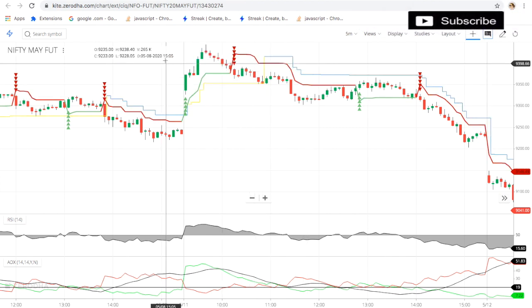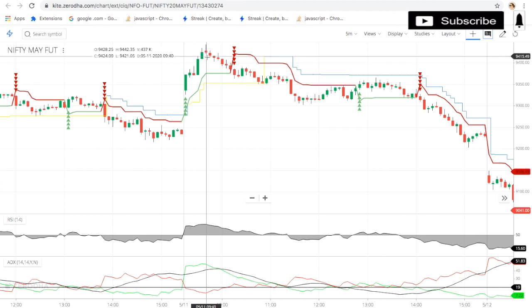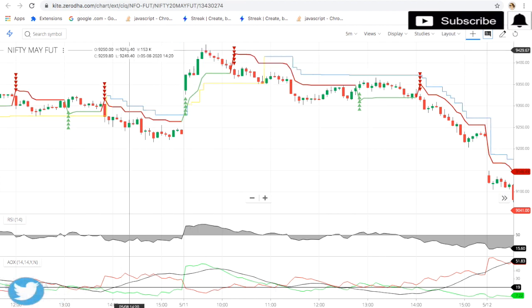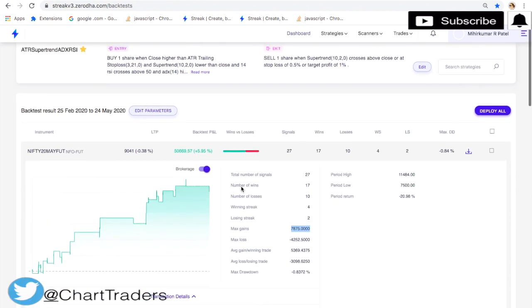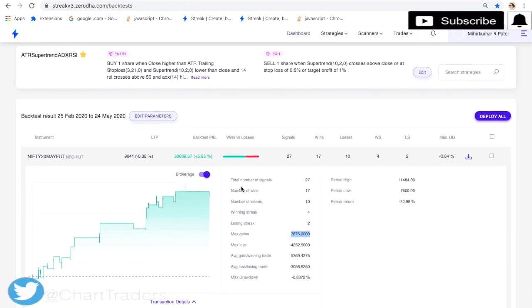According to your risk management you can exit here also, but since it is an algo, I have given strict conditions, and you can modify them. Now if you want to make it live, once your algorithm is giving good performance, you can make it live.